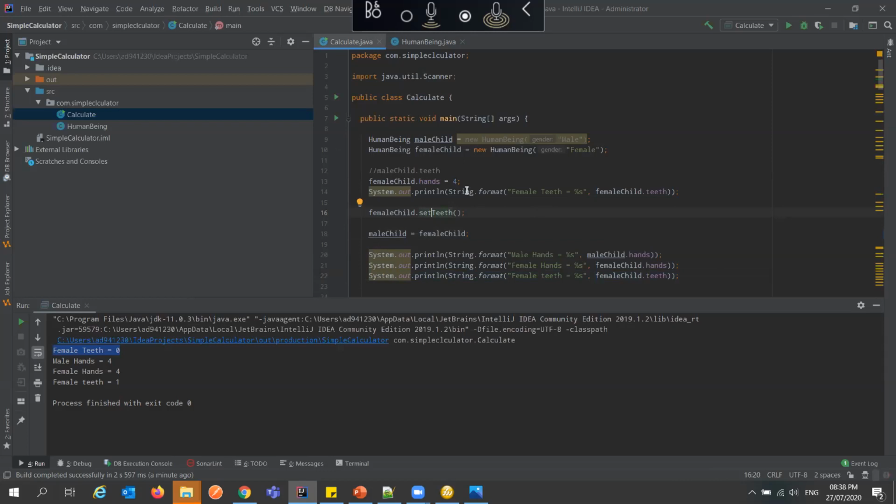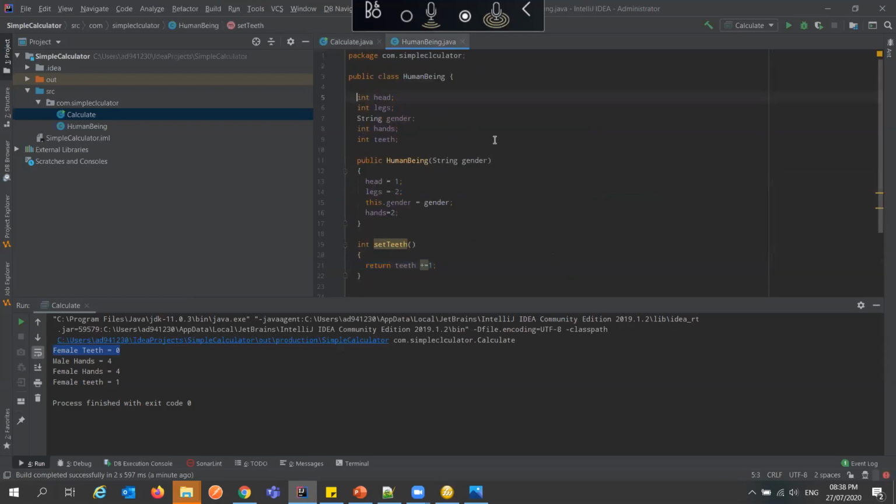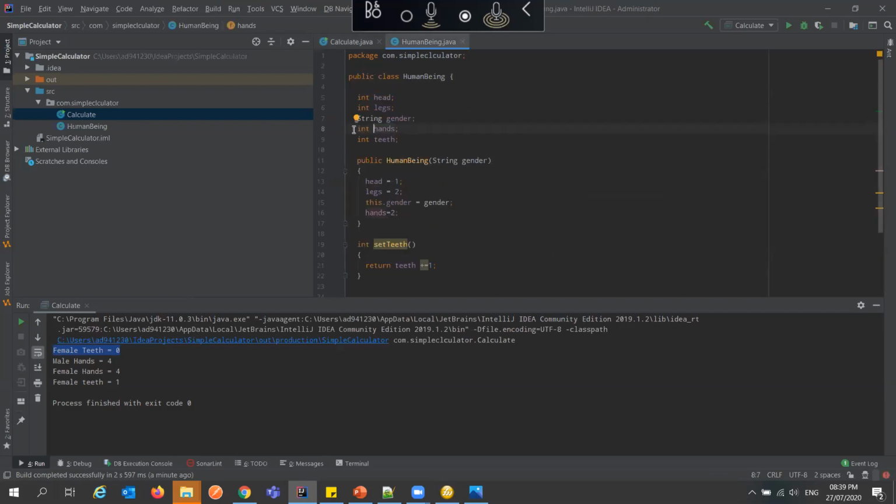The last thing I want to talk about is access modifiers. You can see what I did here, which is a very bad thing to do in programming. I changed the value of the hands to 4 directly. In programming, we don't allow people to just change the values of our class fields directly. So in order to protect them, we make them private. That means nobody can access it except in this class. So we set it to private.